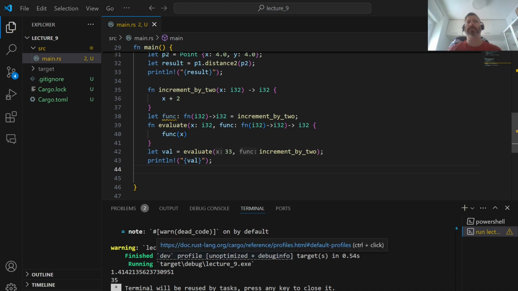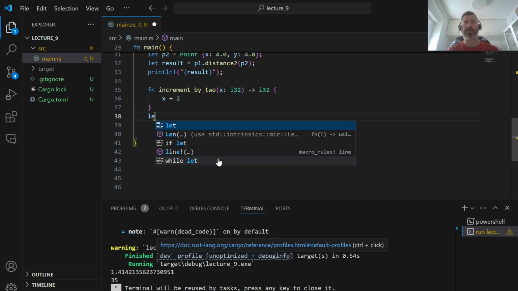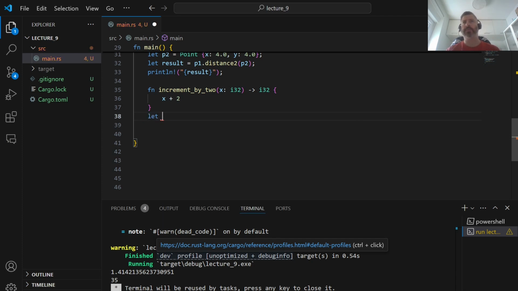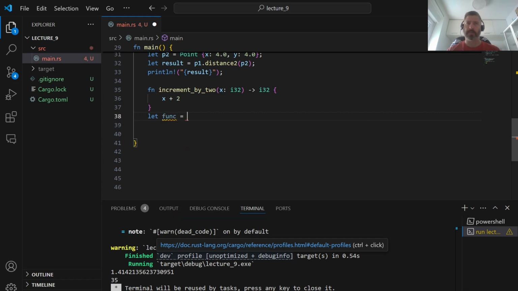Next, we will talk about closures. A closure is an anonymous function that can also capture variables from the environment. Here I will define a simple closure that also increments the input variable by 2, so that we can see the difference between closures and functions. So I will first delete this. As I said, a closure is an anonymous function, so to use it you must save it into some variable. And first